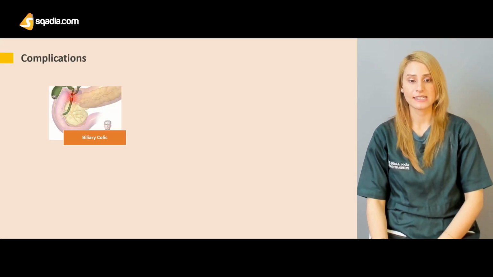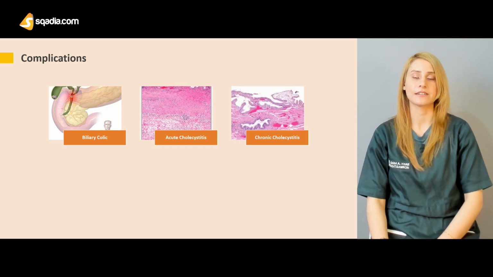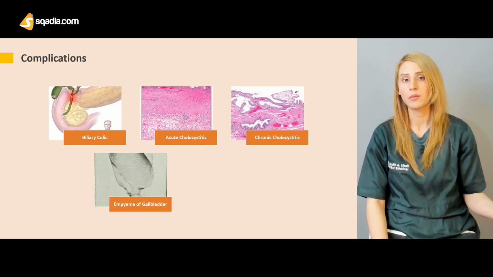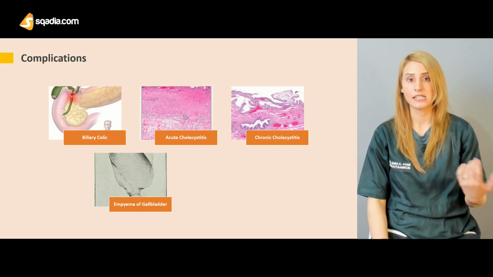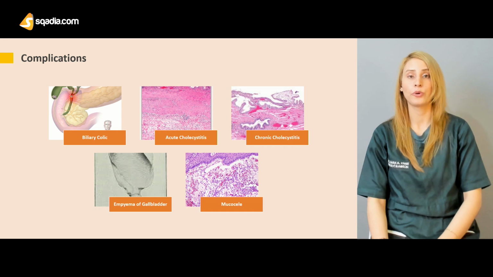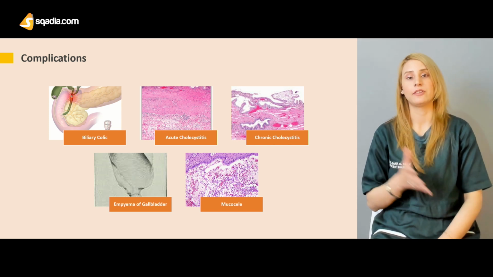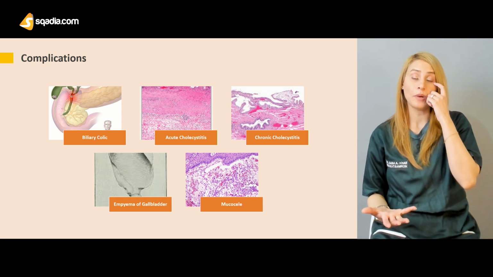So the complications of cholelithiasis can be biliary colic, acute cholecystitis, and chronic cholecystitis. These are the common clinical manifestations, but other complications, which occur most commonly in immunocompromised patients or diabetics, can be empyema of the gallbladder or mucocele. The only difference between empyema of the gallbladder and a mucocele, like already been told, is that the empyema would be